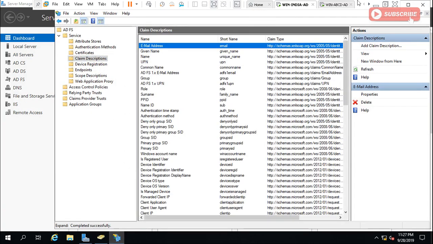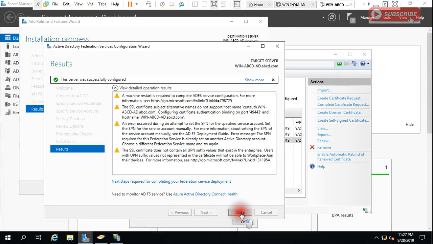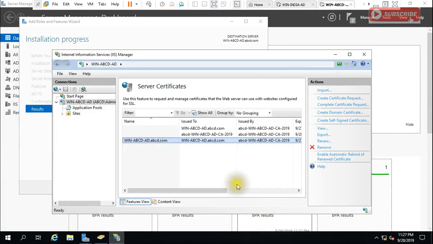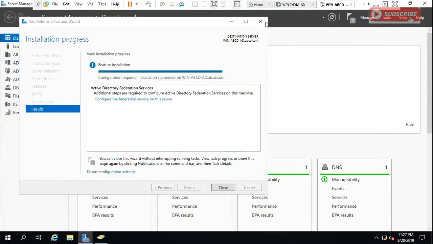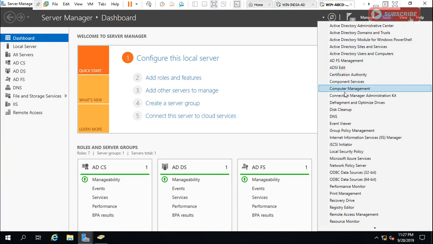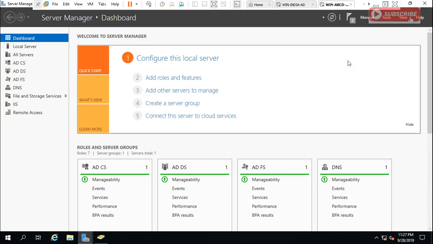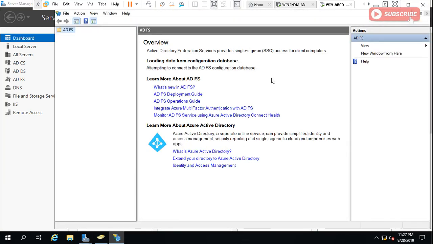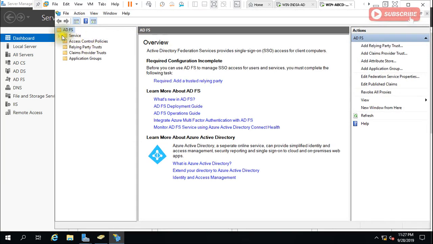Okay, so let me see the secondary server. So it is done here also. Now just click next. Nothing is required from here. You can go to console. So here also you can see each and everything coming. Now we have deployed Active Directory Federation Services. Now in this video,